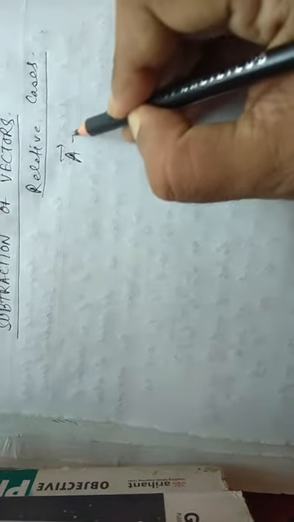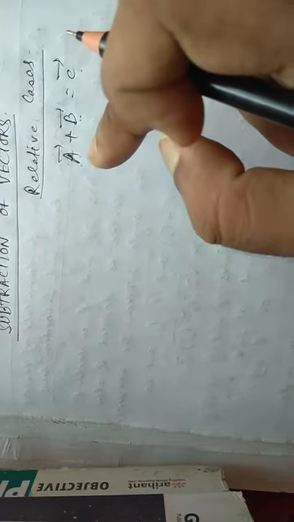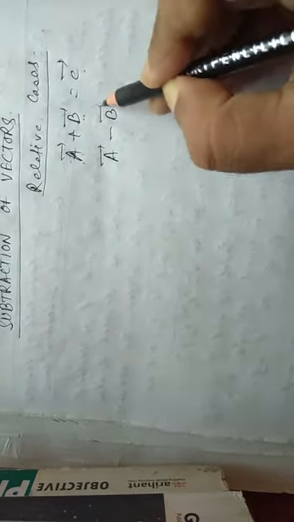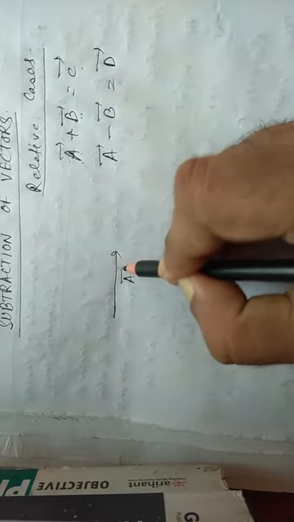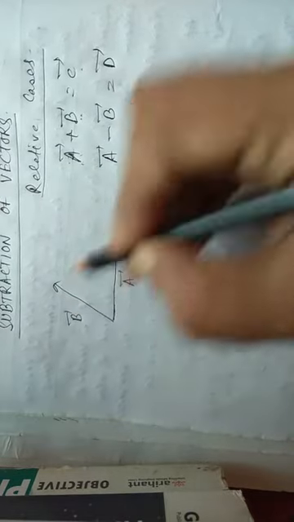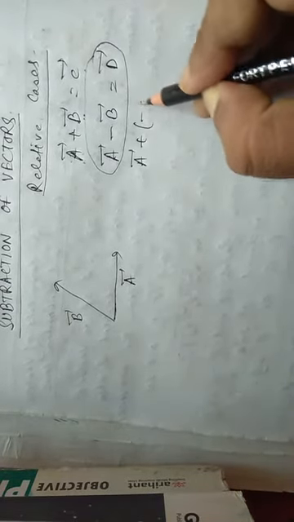Now till now we were writing like this: a vector plus b vector is equal to c vector. That means addition of two vectors gives a resultant c. Now for subtraction of vectors we will also get a resultant, now in the form of a vector minus b vector. Suppose it's d. Now the original vectors were drawn like this: a vector and b vector. Now this line can be written like this also.